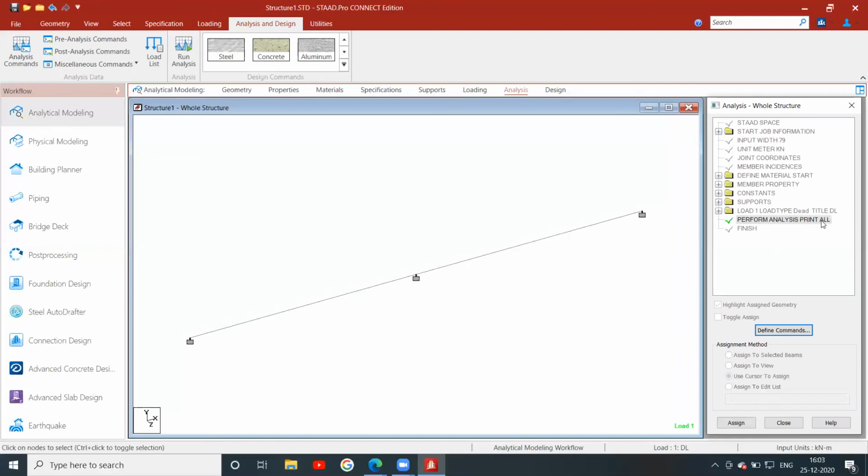Perform analysis, print all. For this, you apply it for the beam. Now you have applied it.